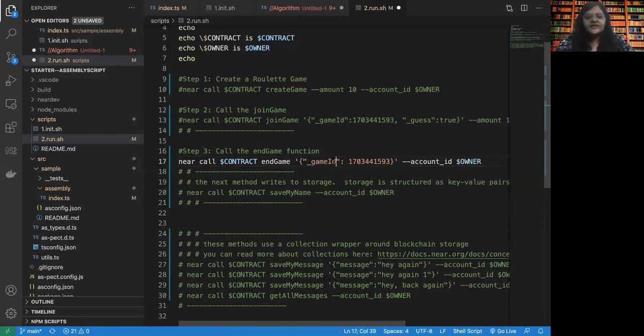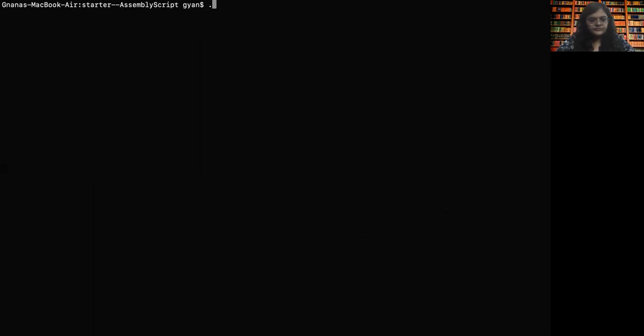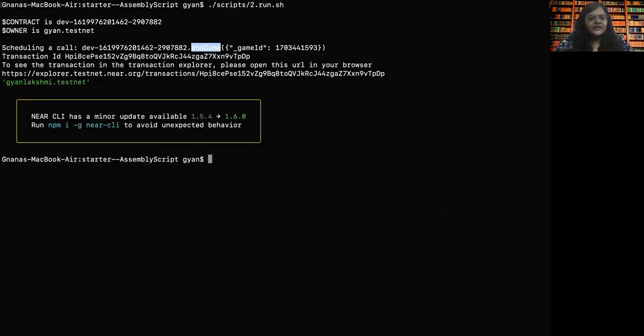And this should return the winner of the game. So let's see if this works. It is calling end game for this particular game ID. It is calculating the winner. Okay, so the winner is the player. Wow. So if you remember, the one who deployed the contract was Gyan.testnet, but the winner is GyanLakshmi.testnet.